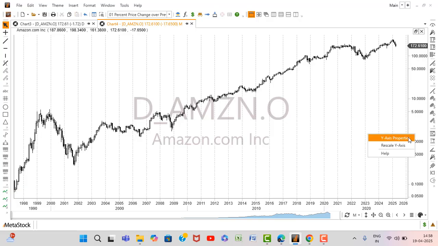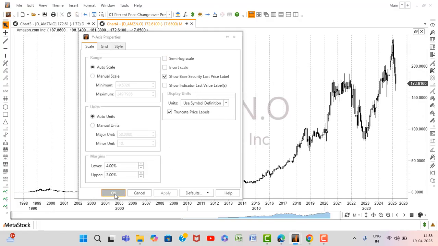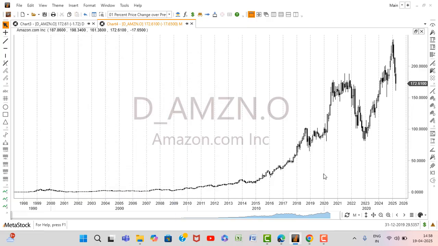Normally, the mistake most people make is they see it on an arithmetic scale, and an arithmetic scale skews the chart like this. For so many years, from 97 till 2015, it was showing that Amazon has done very little price movement, and suddenly it has skyrocketed after 2015. That's not true, because